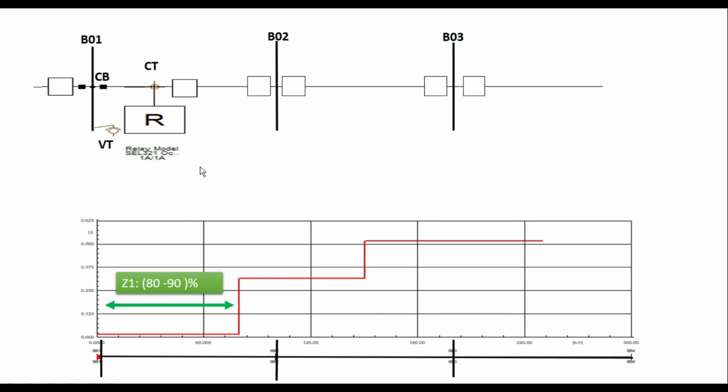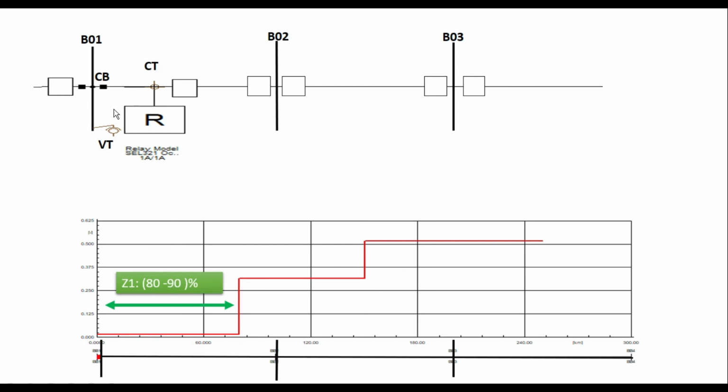And there is not any intentional delay, so it is instantaneous protection, and it responds immediately to the events. As you notice, there is also a little gap here which is from 10 to 20%, so that any fault occurring near this bus, close to this circuit breaker,